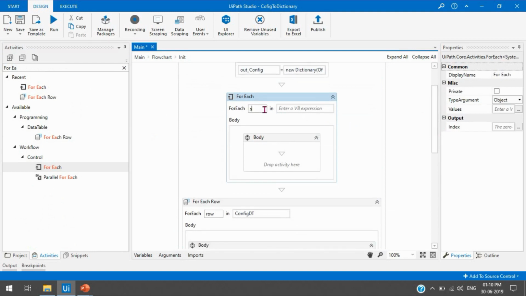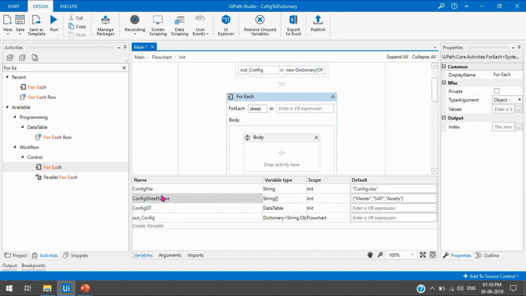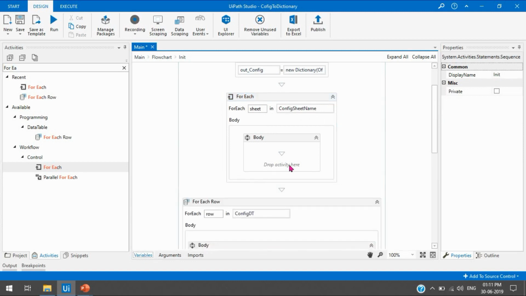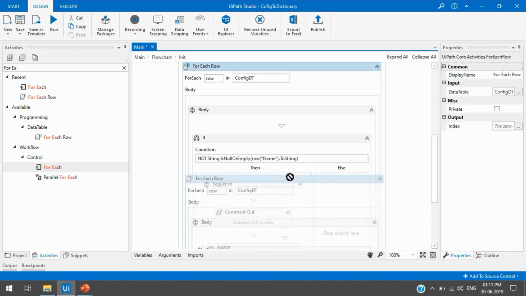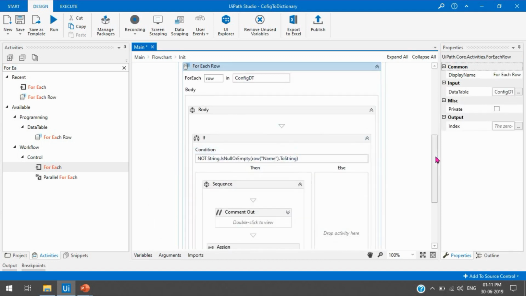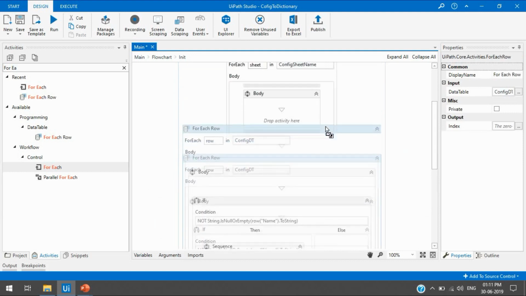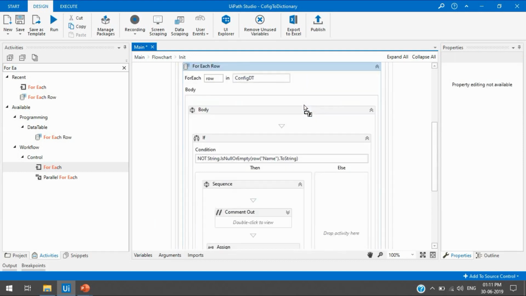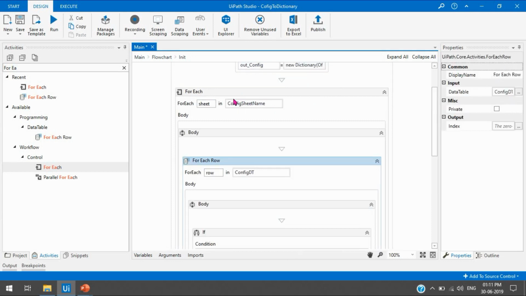Here we'll just change the sheet name to the sheet name in this variable, config sheet name. So we'll write config sheet name, and now we can take all this into the body part. So one by one it will read the sheet name and then it will read the